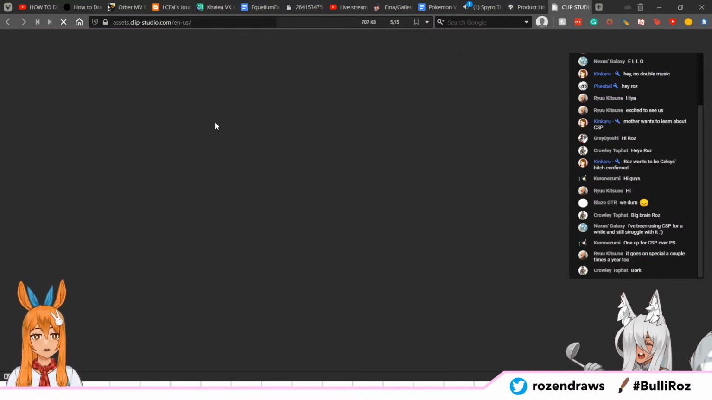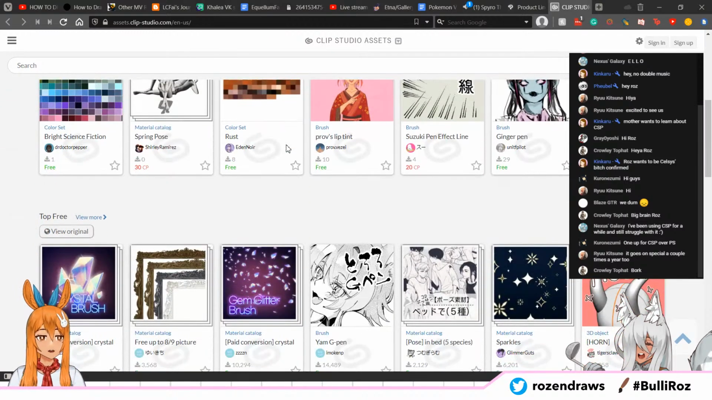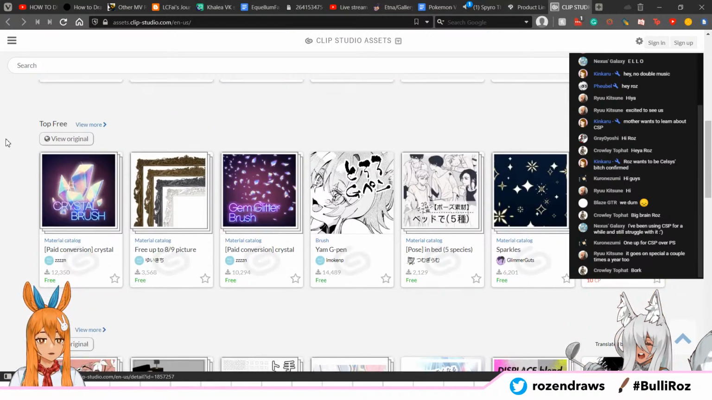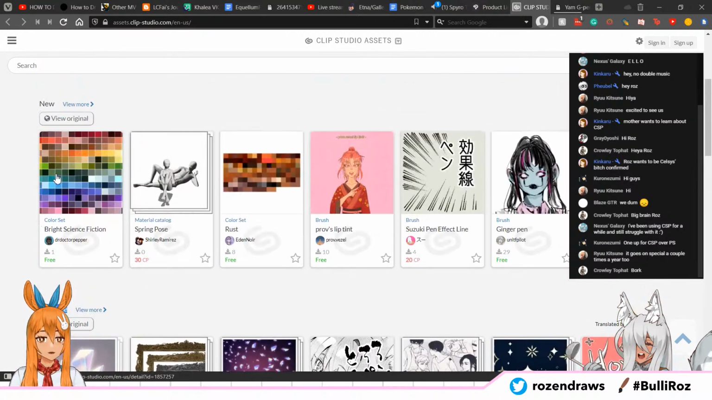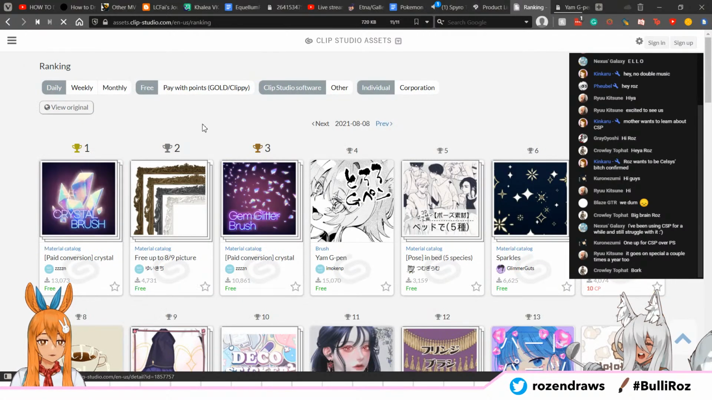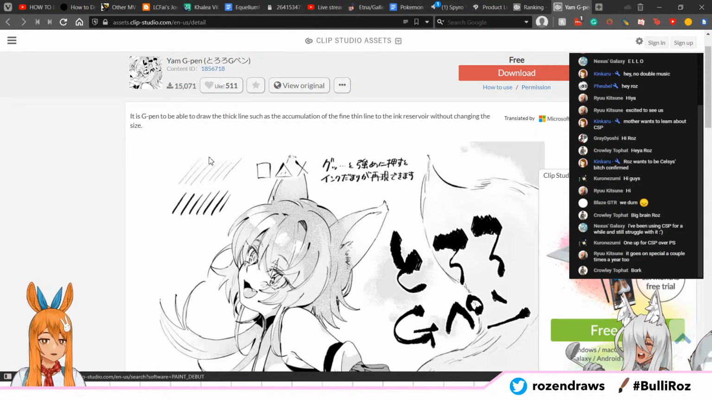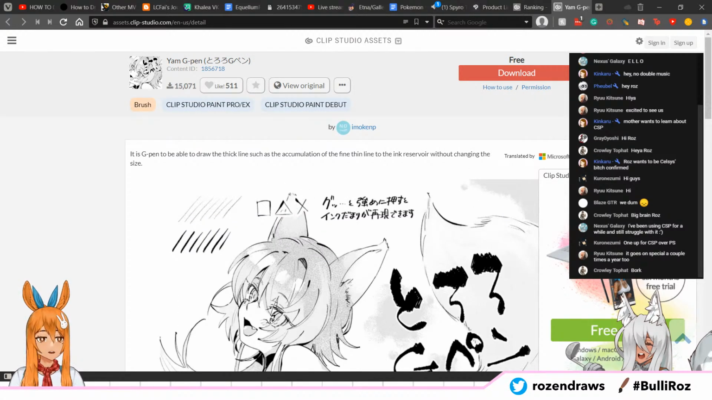For Photoshop and other programs, you have to hunt down materials and stuff like that. But for this program, you can find things like top free, for example. They give you, let's look at some amazing materials that we can find just by browsing the free section. Like you have a crystal, let's check the G pen I saw. Look at this nice pen. It's out for free, and